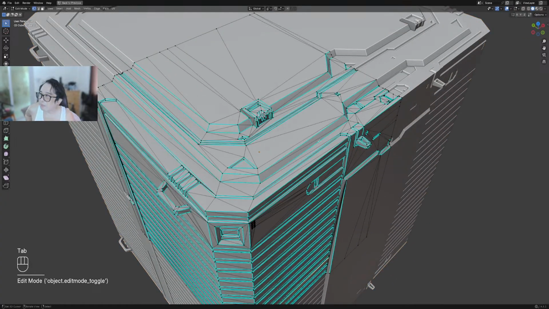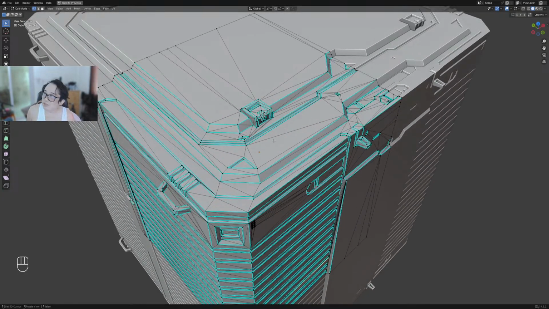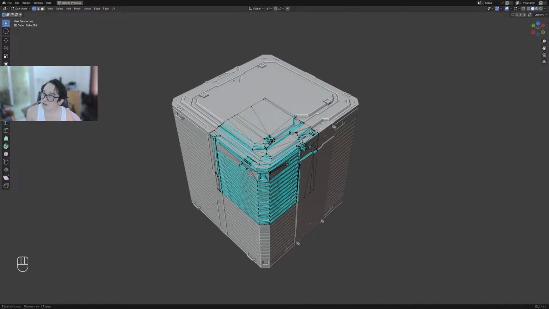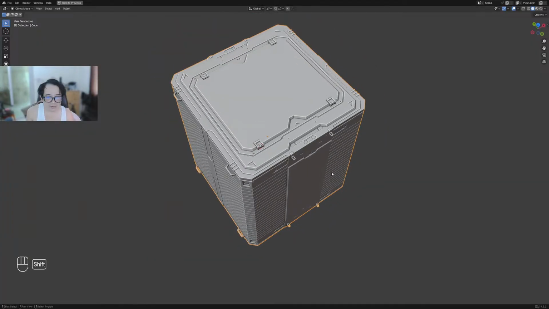If you had that rendered, depending on the material that you're using, those shading errors will actually show up. That's why you triangulate, I think. Okay, so